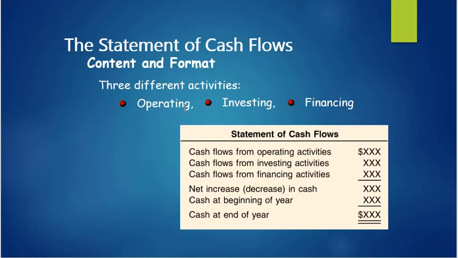Is it only related to the operations of the organization, or is it related to the investments of the organization, or is it related to the source of financing, the financing activities actually? So the objective is to know how much money came in and out, the net value, from the operations of the business only, and then how much money came in and out in the investments, and how much money came in and out using the